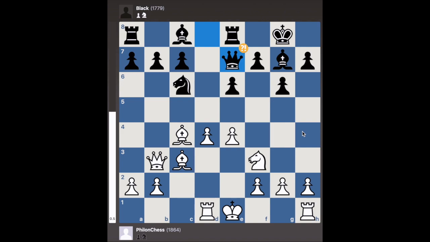Queen to e7, castle, a6. A bit of a strange move here. I'm not entirely sure what the idea is. I think it's maybe because black wants to play b5, but this is just a very slow plan, and it's really